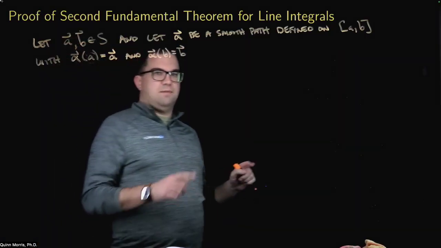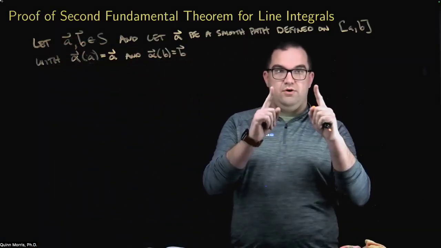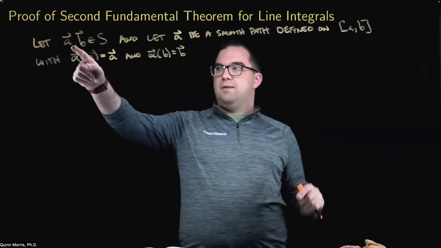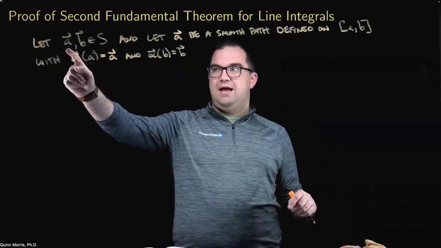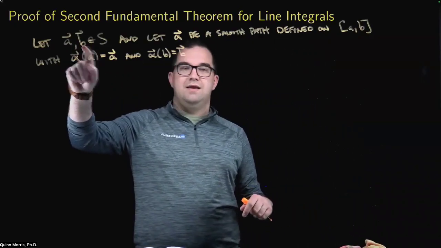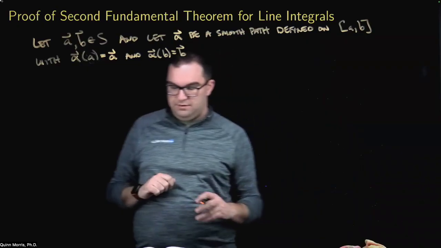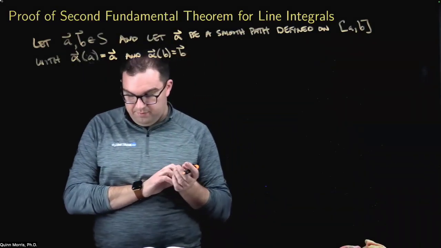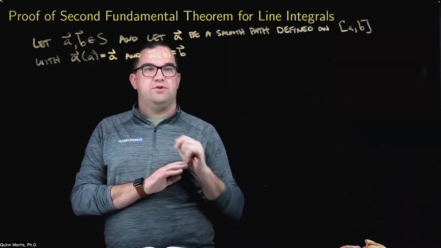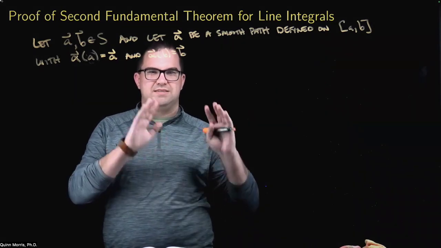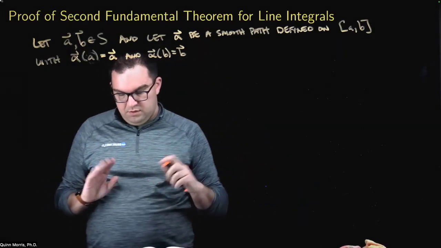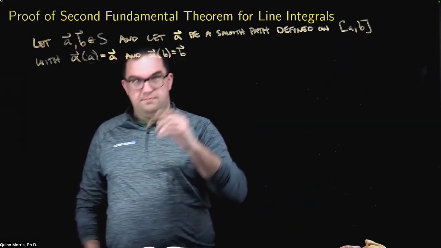So the idea is this is some path that maps the real interval [a, b] to some path that starts at vector A and ends at vector B. Okay, so this is just the setup. And we're going to assume for the time being not that it's piecewise smooth, but even more: let's assume it's totally smooth. Then